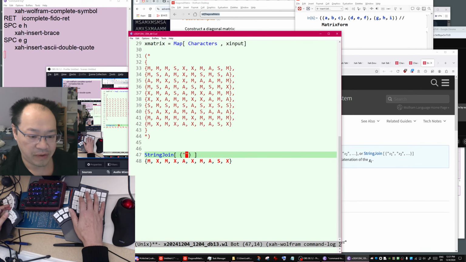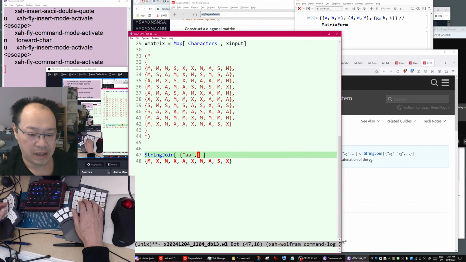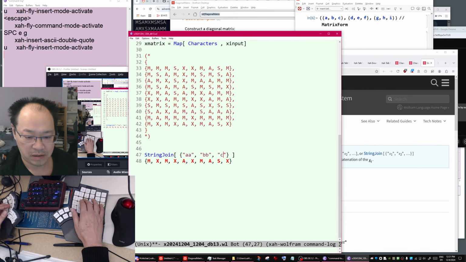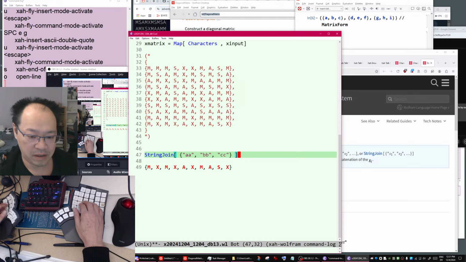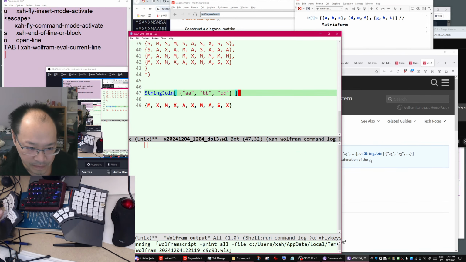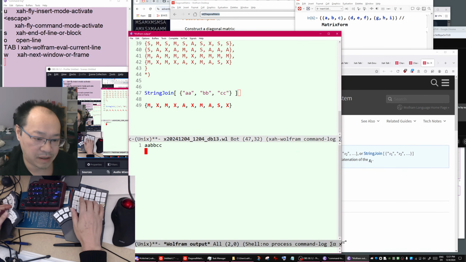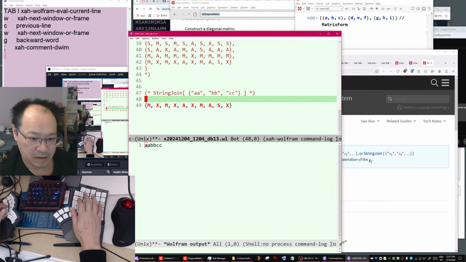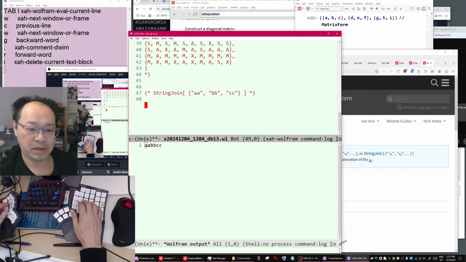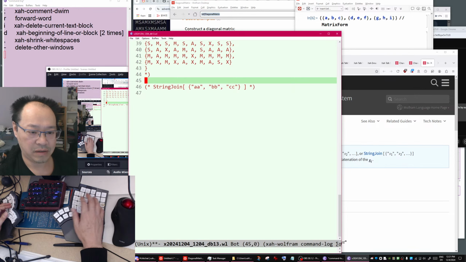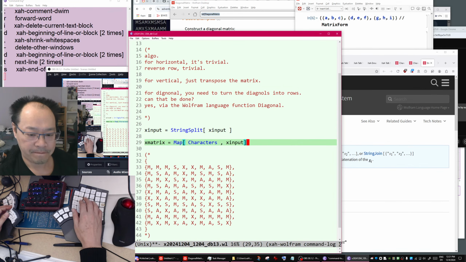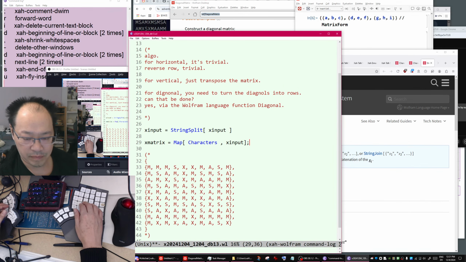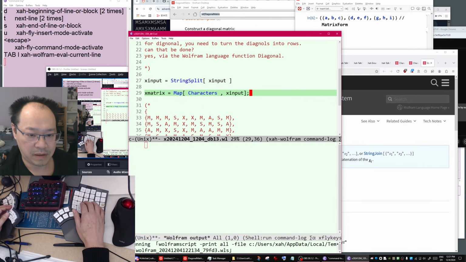For example, you have the list AA, BB and CC, and evaluate this line. There it is, you got a string.